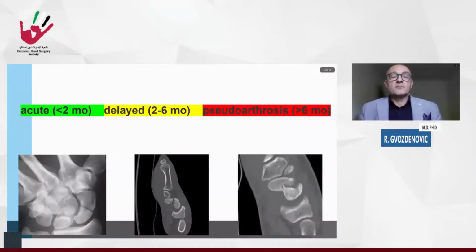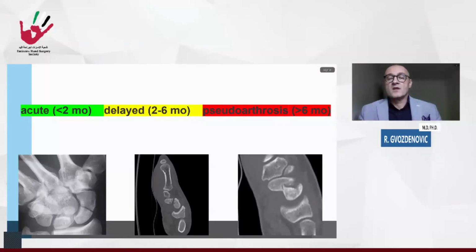Talking about different timings, we divide things into acute, where nice healing can still be achieved whatever treatment you use, especially if it's undisplaced. And I think Morten explained a lot of these challenges in these early stages. If something is delayed, that is usually between 2 and 6 months post-injury, and the established pseudarthrosis or non-union, as we call it, is when things are more complicated, above 6 months from injury,